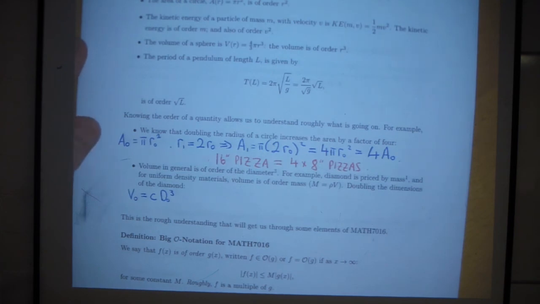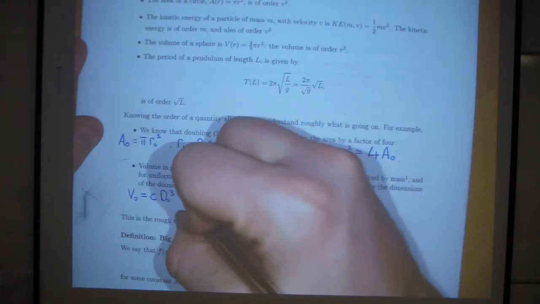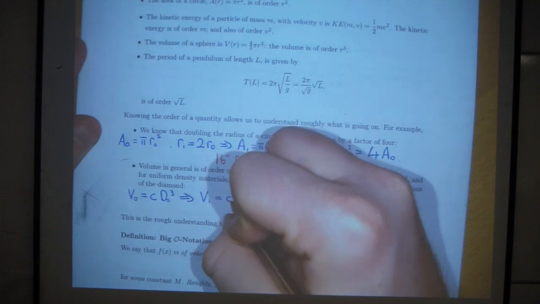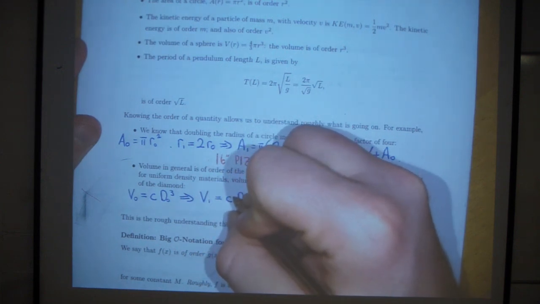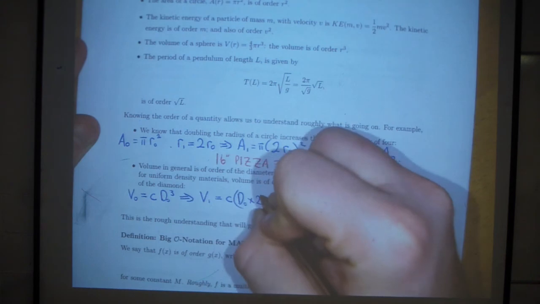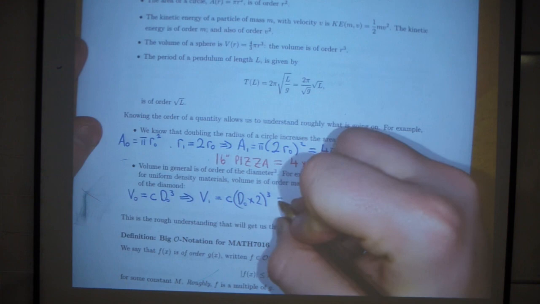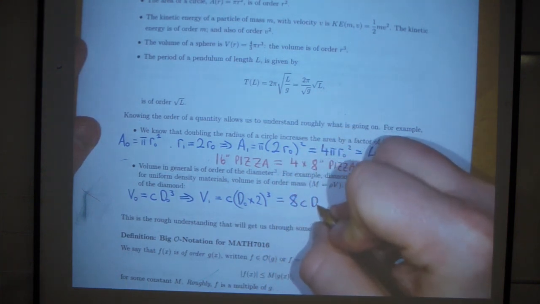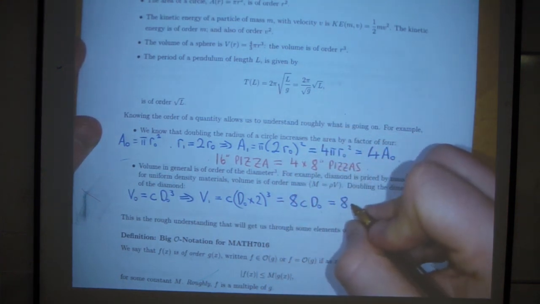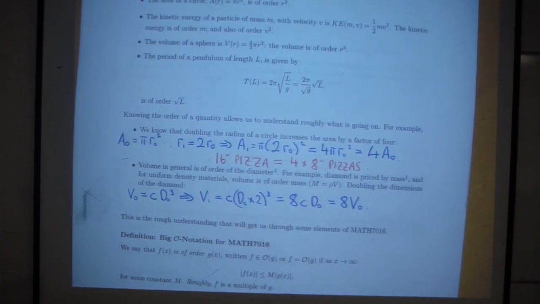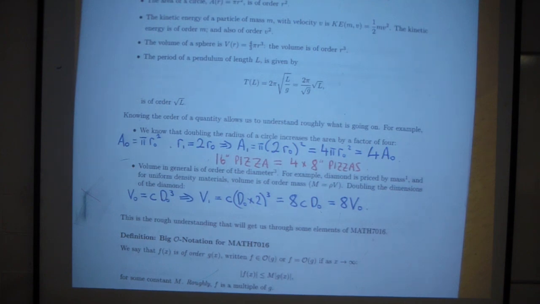And if you double the diameter, this should be c times 2d0 cubed. And when you cube this, you get 8cd0 cubed, which means that it is now 8 times larger than the original. So this comes into play if you're ever buying diamond rings for yourself or for somebody else. The actual diamonds themselves. So 1 carat